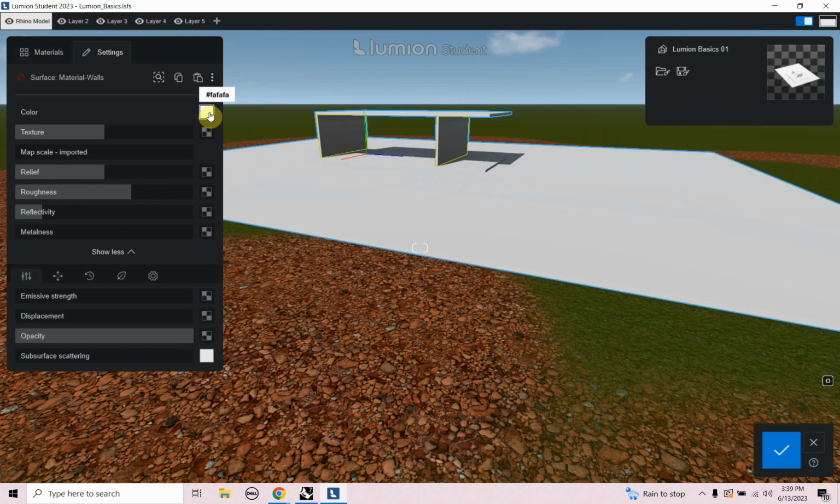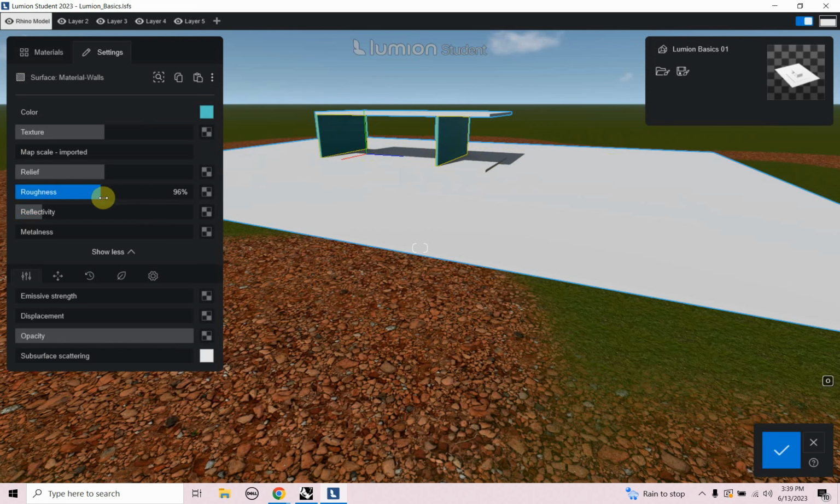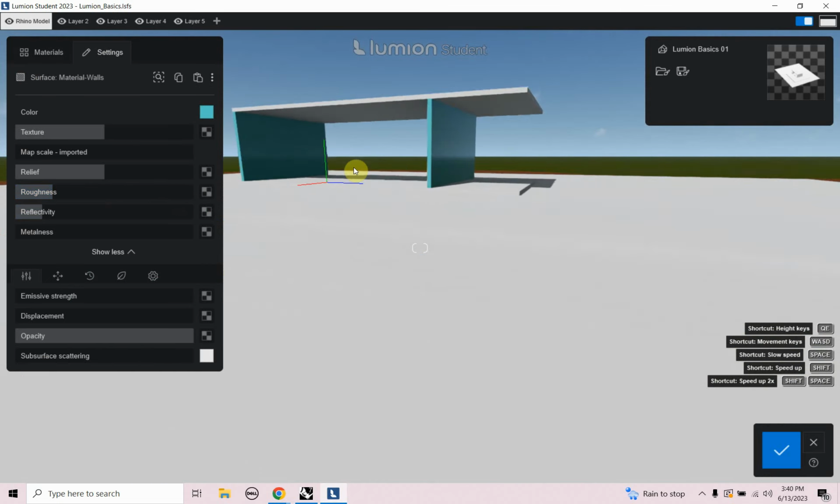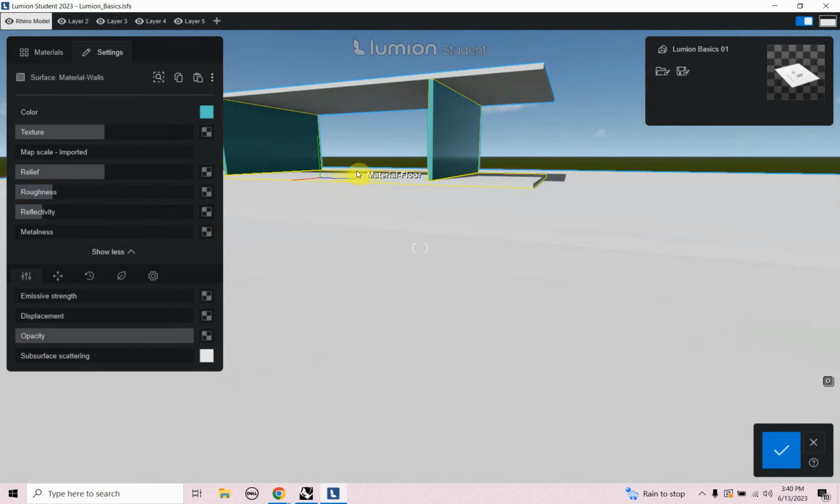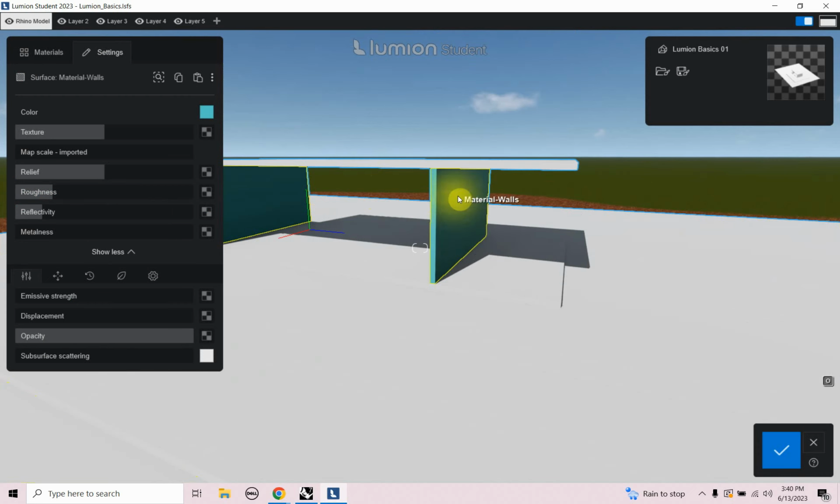I can change the color. So I'm going to change the color. I'm going to make this like a bluish green teal color. Alright, so you see that updating there in Lumion. I'm going to take the roughness down. What taking the roughness down does is it adds reflection to it. So a little tricky to see in this window here, but we can start to see a little reflectivity on the walls, and we'll see that more in the camera